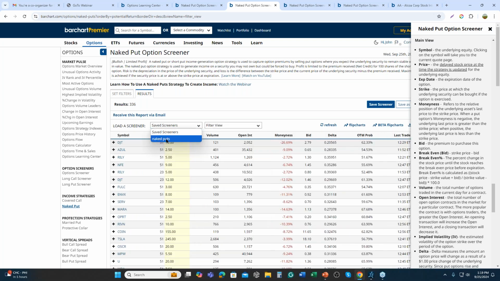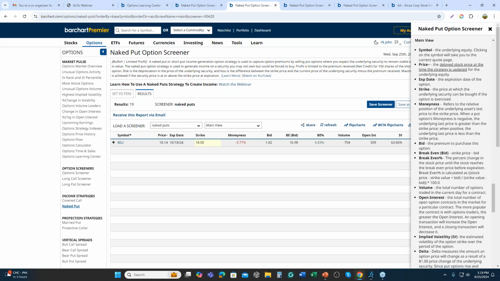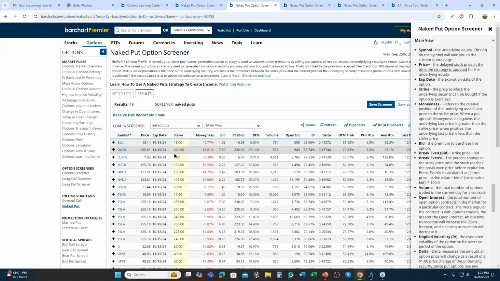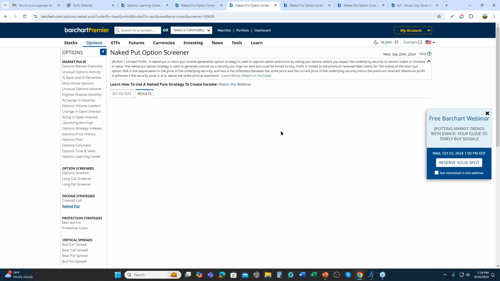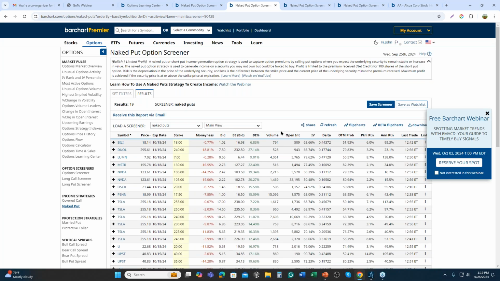So I have created a screener called Naked Puts for today's webinar, and don't worry, you will have an opportunity to have that in our file so you can look at it. And if I look under the filter view, I can see that some of them I haven't changed, but maybe I've changed the parameters, and you can see I added something called signal. We'll get back to that a little bit later. Okay, let's go back to our main page,